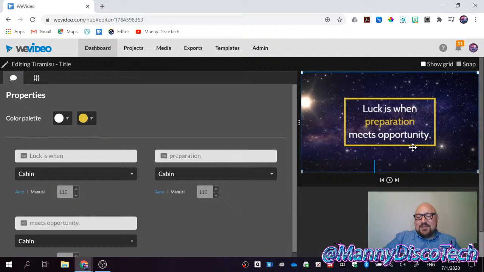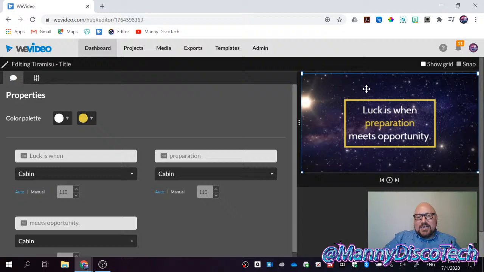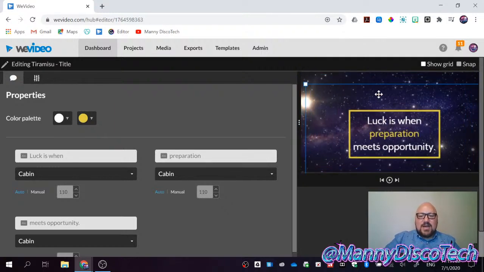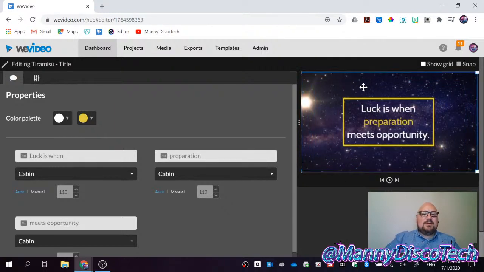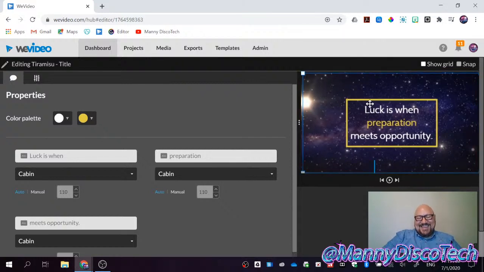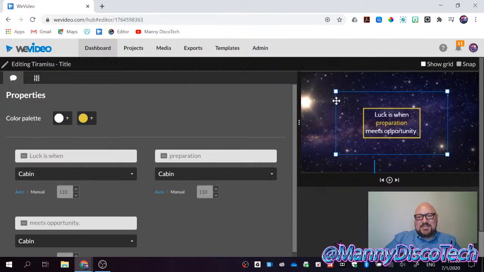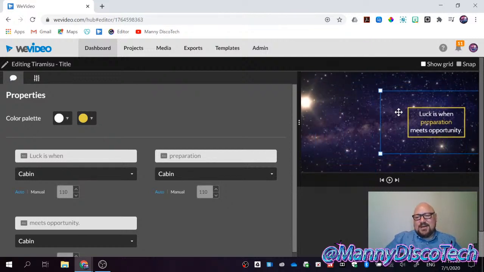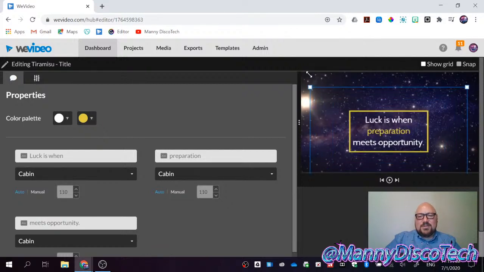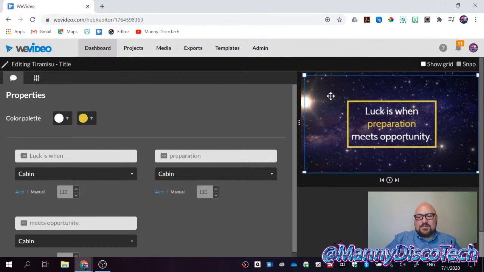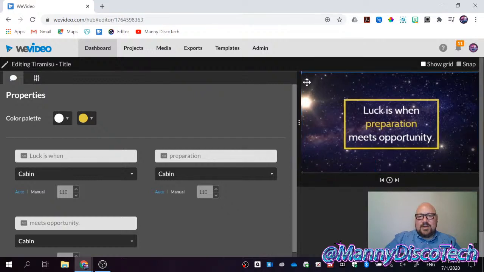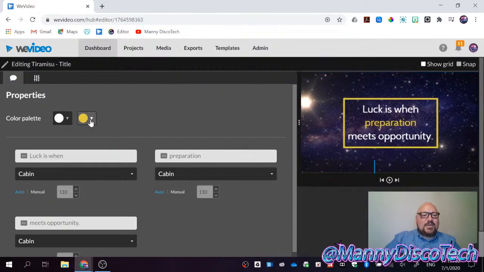Now notice that here in the preview, you have a blue frame now. I can move this around. I can turn around, do the hokey pokey, and turn myself around. And that's what it's all about. But if not, you can click on the corners, and you can make it smaller or you can make it bigger. And if you want to make it smaller for whatever reason, you can move it around. But I don't want to do that. I want to leave it the way it was. I'm going to put it here. All right, I want it right in the middle. Here you can change the color.